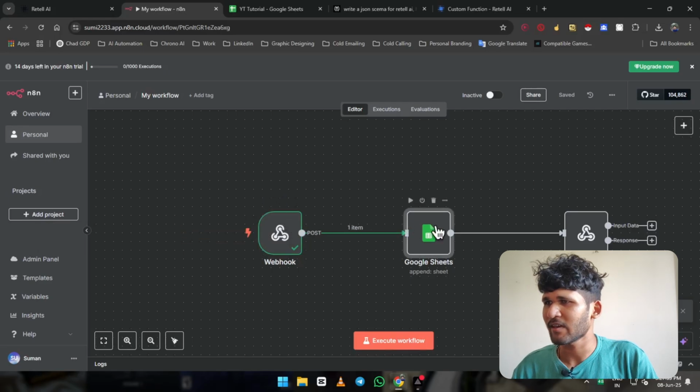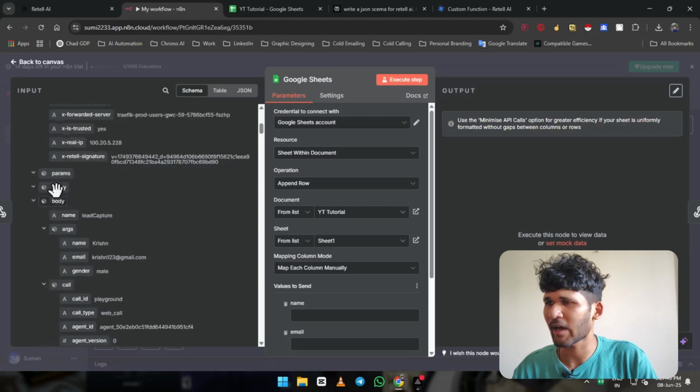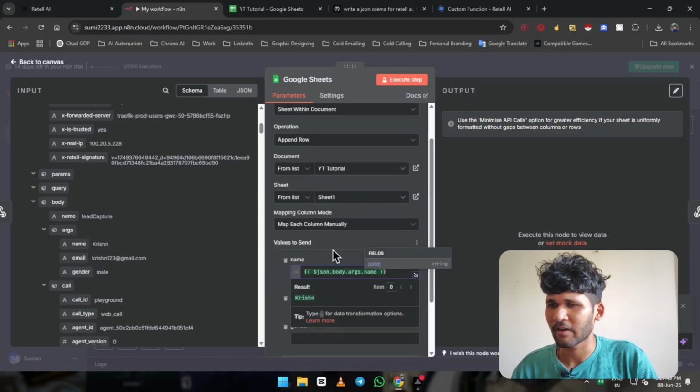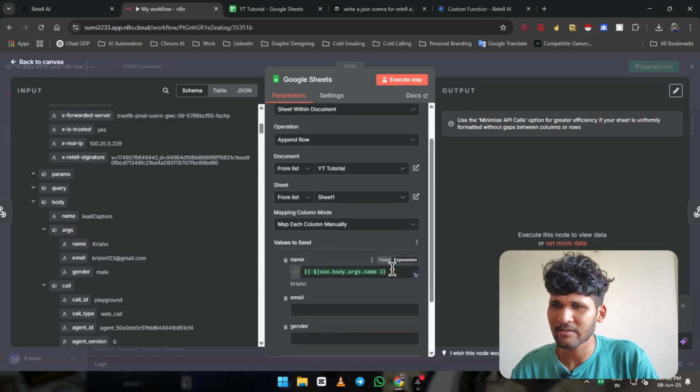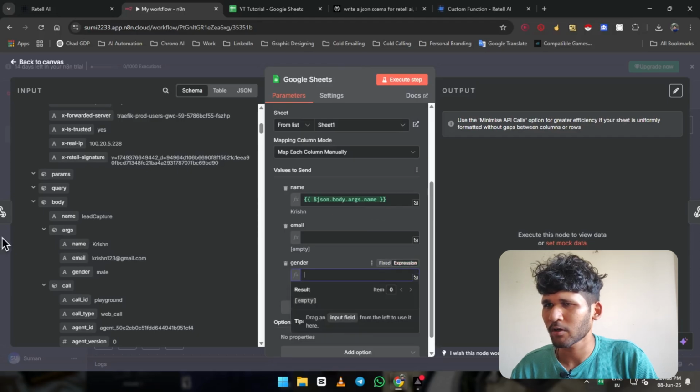Now you can see here that there will be a lot of things, but you have to go into body and arguments and just drag each of the things here. If it is not looking like this, just convert it into expression. Otherwise it is all automatically going to convert itself.